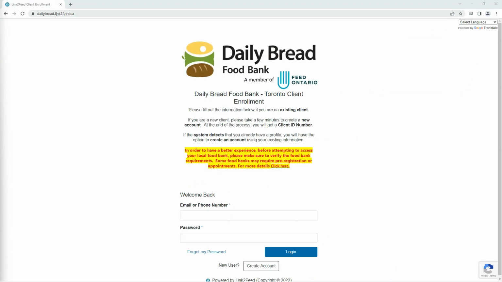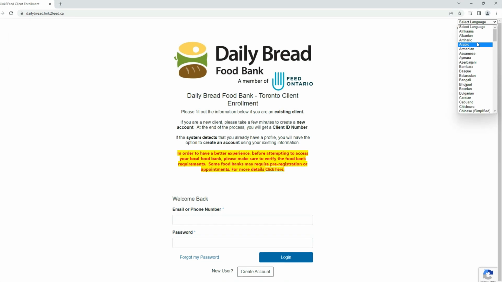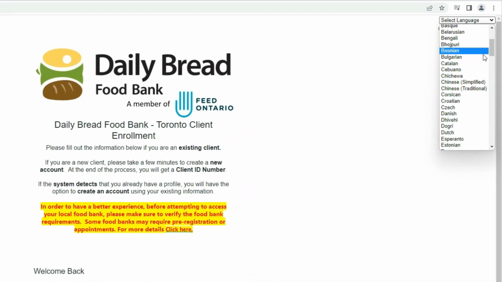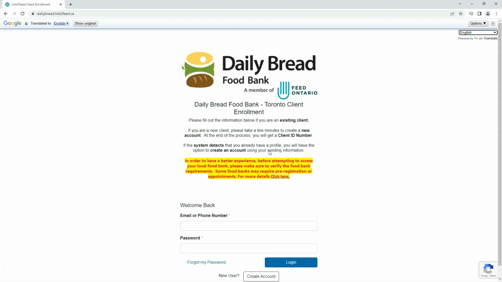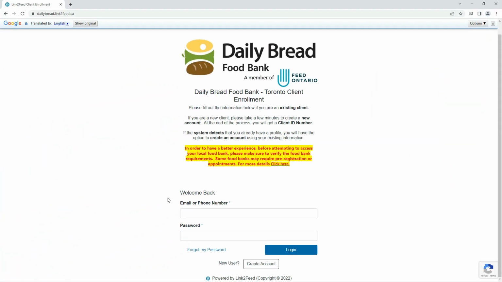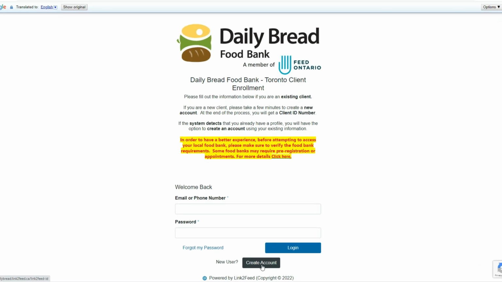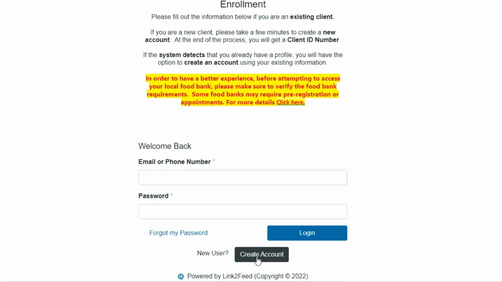After typing dailybread.linktofeed.ca, this is where we get. If we want to select another language, Google Translate all these pages. I'm going to make an example, like change to Czech, and then we can open an account for ourselves. Because we don't have an account, we can create one. Just click here, create an account,